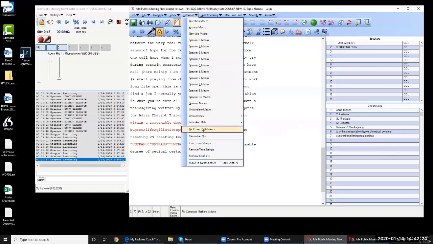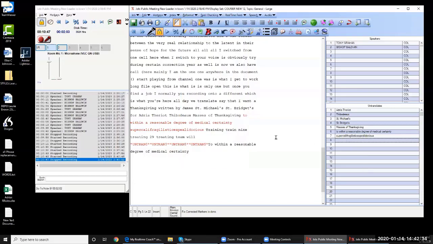Reformat, fix corrected markers. So Alt R F will also do that. Let's say you do need to make sure that there is a space between each of your untrans, which there normally is because we don't normally use untran, untran, untran in a row. But let's say